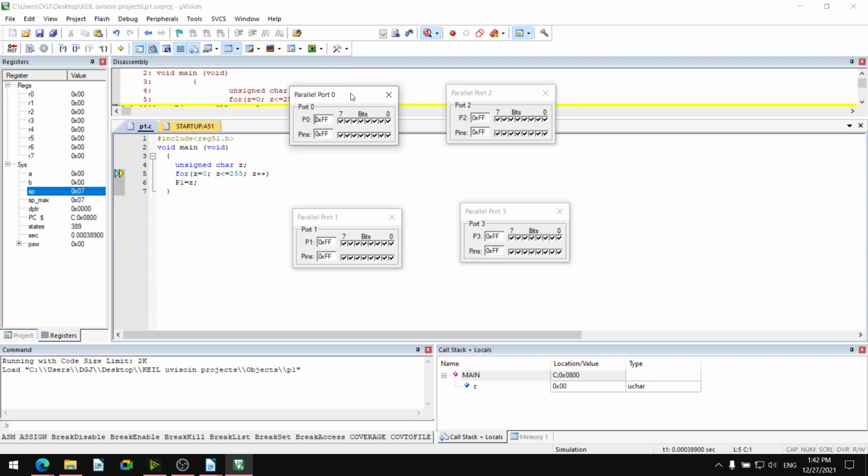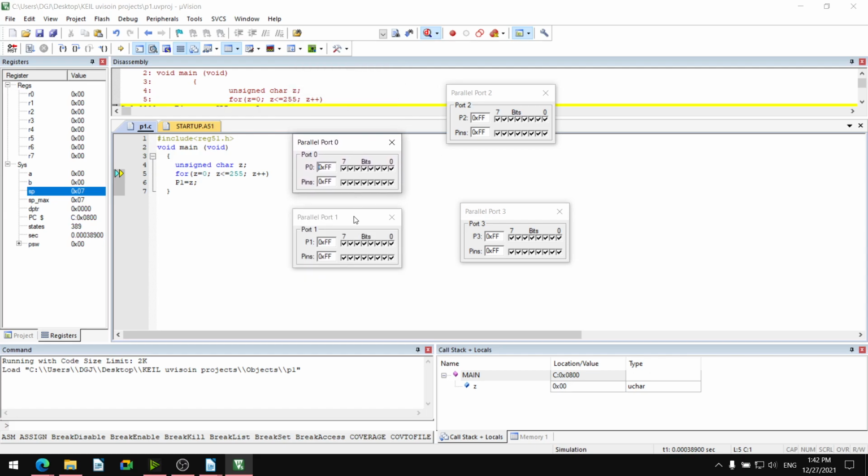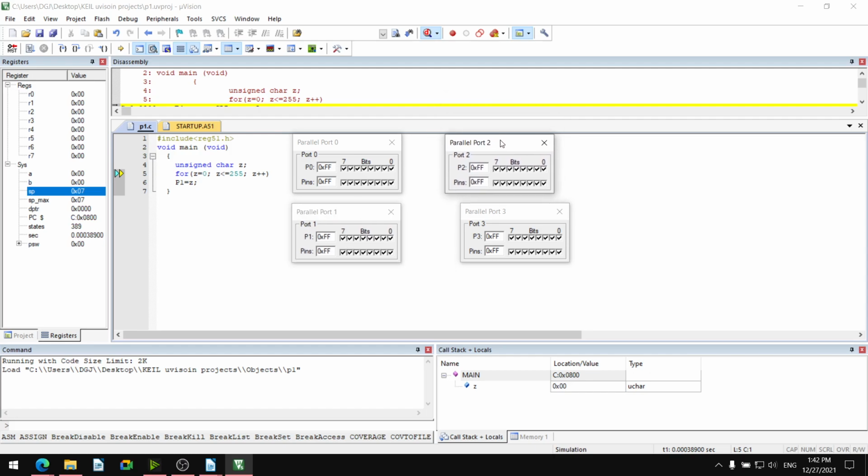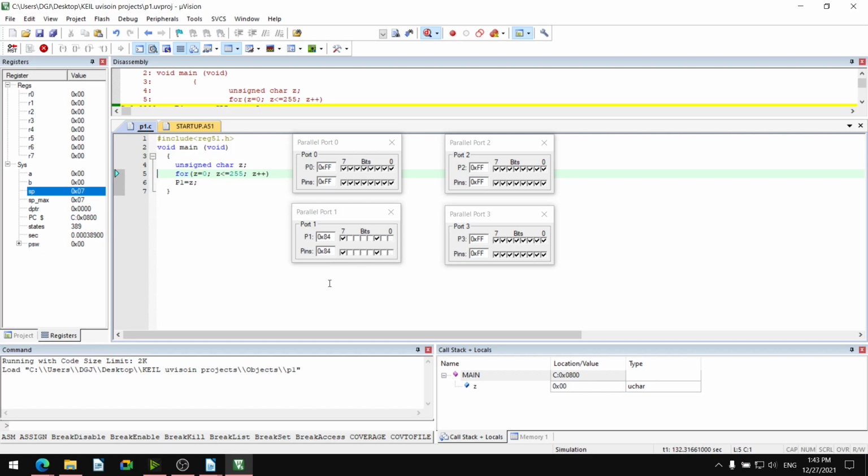Okay. Run the program. So you can check the output of P1.